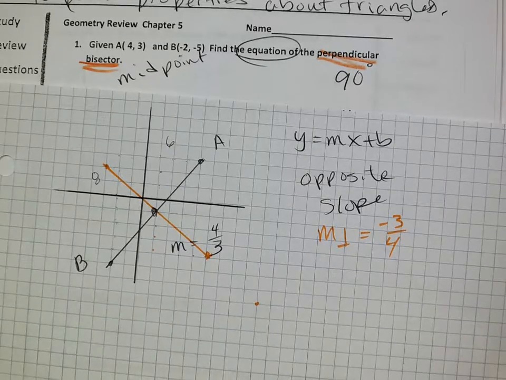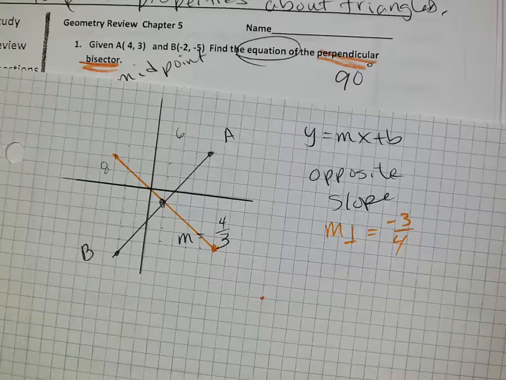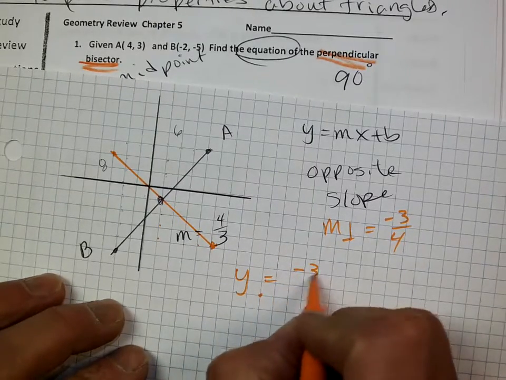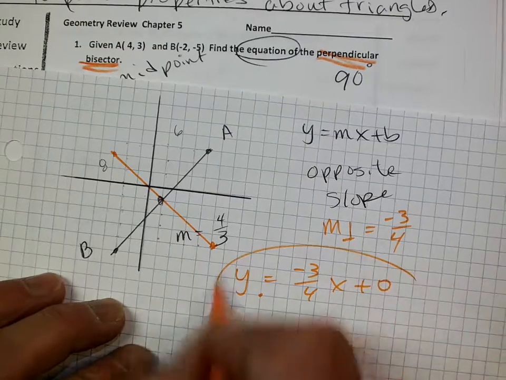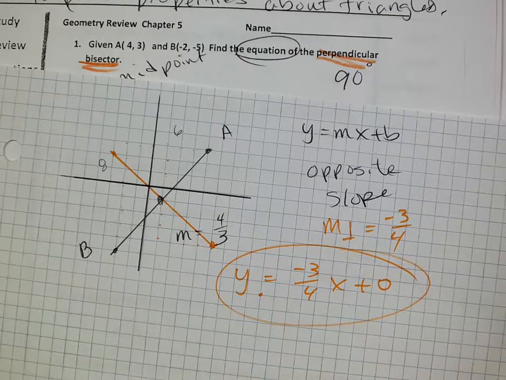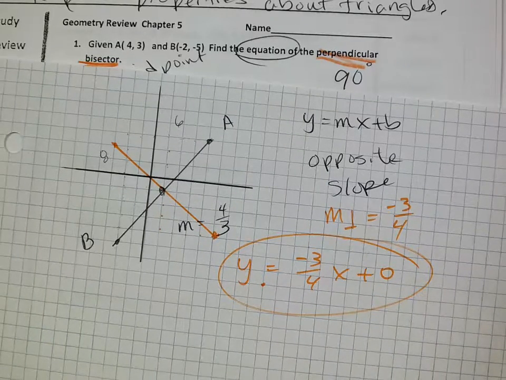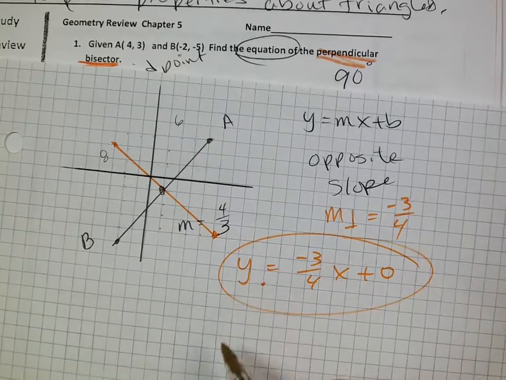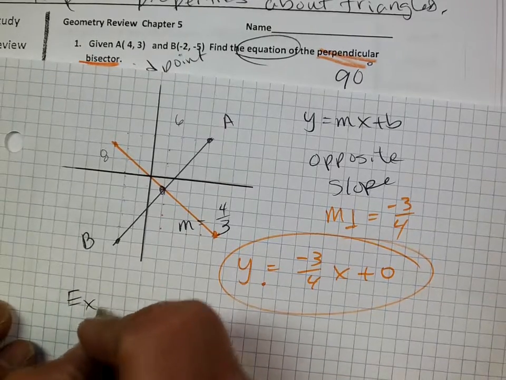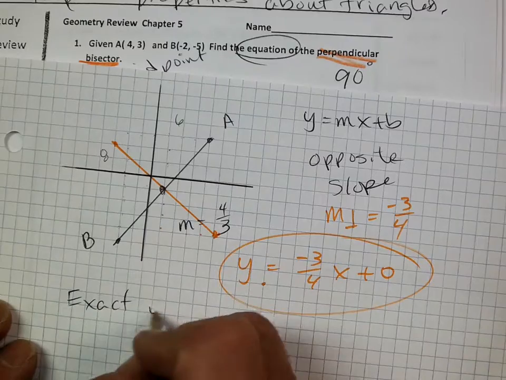Now, it looks like it goes through 0, 0. It doesn't exactly go through 0, 0, but I will take that for right now, and I'll show you how we can get the exact answer. So the answer looks like it's probably going to be y equals negative 3/4 x plus 0. Sure looks like it, doesn't it, right? Because it looks like it goes through 0. If I use my equation, I can find out exactly. It might even be negative 1/4. So to get the exact y-intercept